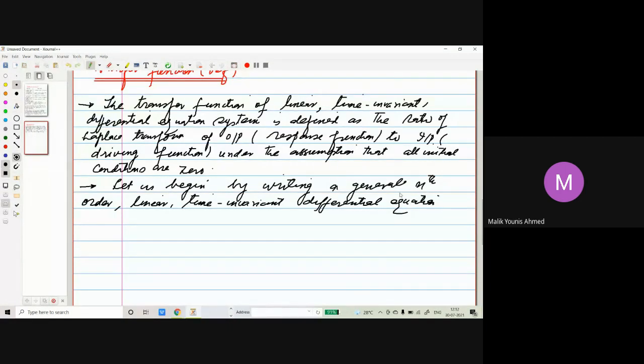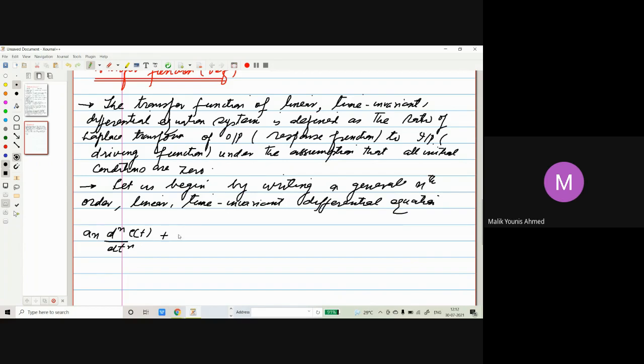So what is that? Let's say this is a_n d^n by dt^n of c(t)